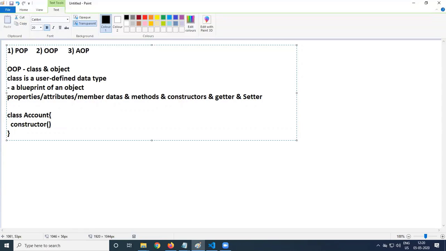This constructor method gets executed automatically whenever you create an object of a class. This is the place where we assign the values, the properties, to the object.